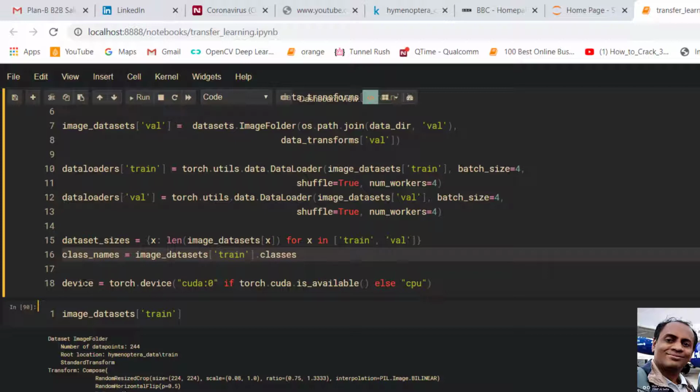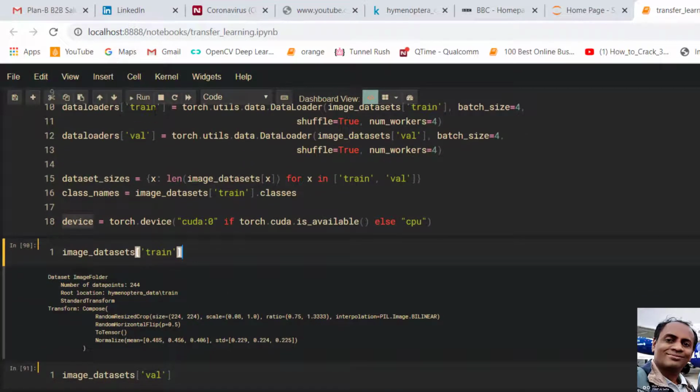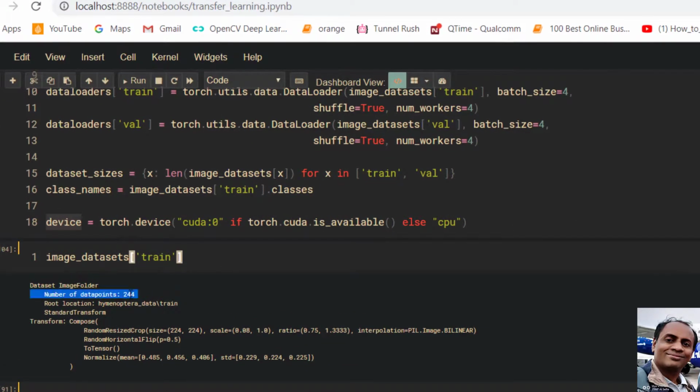Okay, then create the device for GPU, which is torch.device equals CUDA. I'll quickly show the image datasets for train. How does it look? We have 244. I will quickly show you the train dataset. It has 244 points. Note that this is very small compared to 10,000 or 100,000 data points